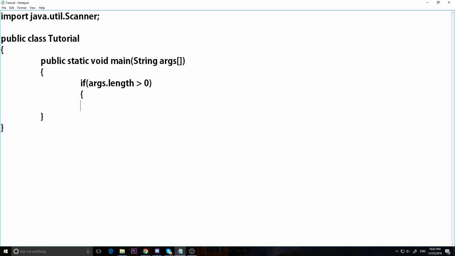Is there actually any arguments? And if there is, if args[0], our first argument, equals debug, then